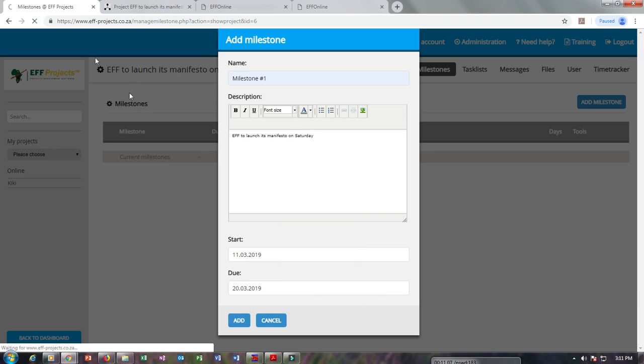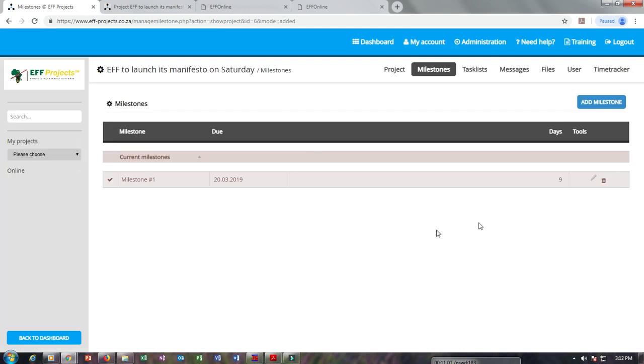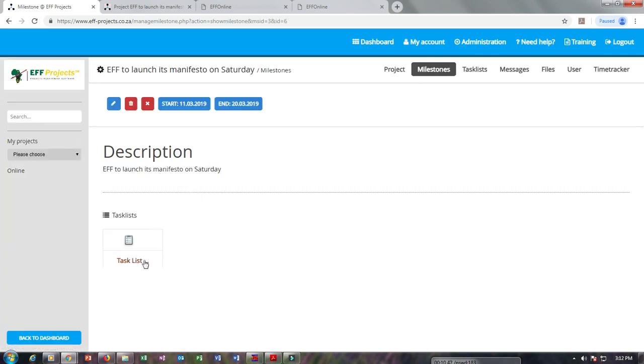Yet again it's still loading. Yeah, now it's here, we have a milestone which is now added. When I click on this milestone here, it will take us to the page of the milestone. As you can see, this is the milestone. We need to add a task to this particular milestone. It shows it starts on the 11th and it ends on the 20th, and this is the description of the project. So I have to come to task lists,